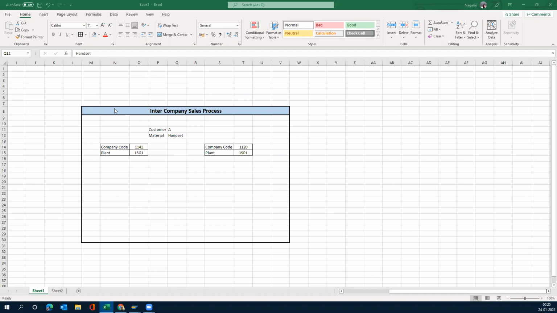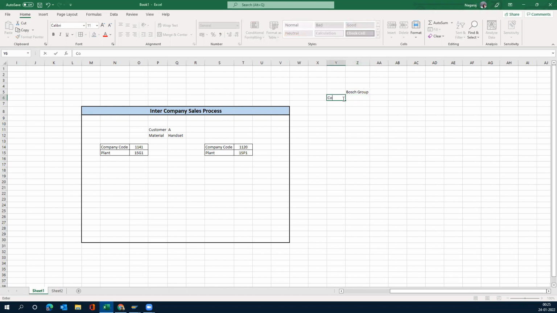Today we will see about intercompany sales, which happens between two legal entities within a company. Imagine a situation where there's a group of companies. I would take the example of the company Bosch, the Bosch Group, and it has legal entities called company codes